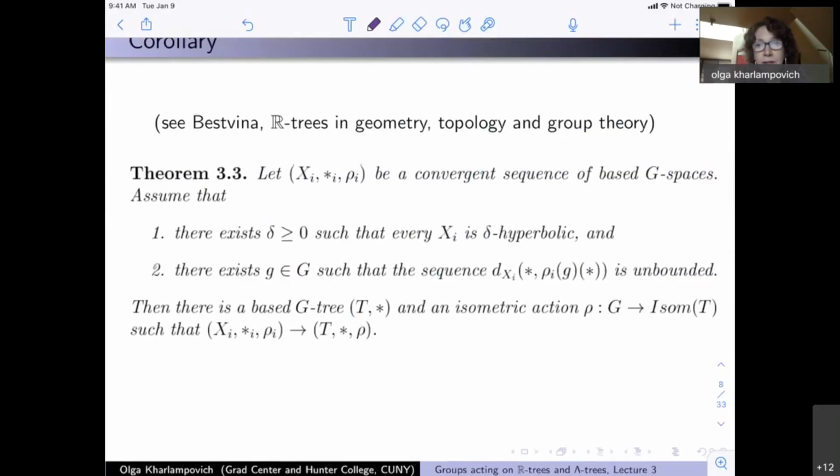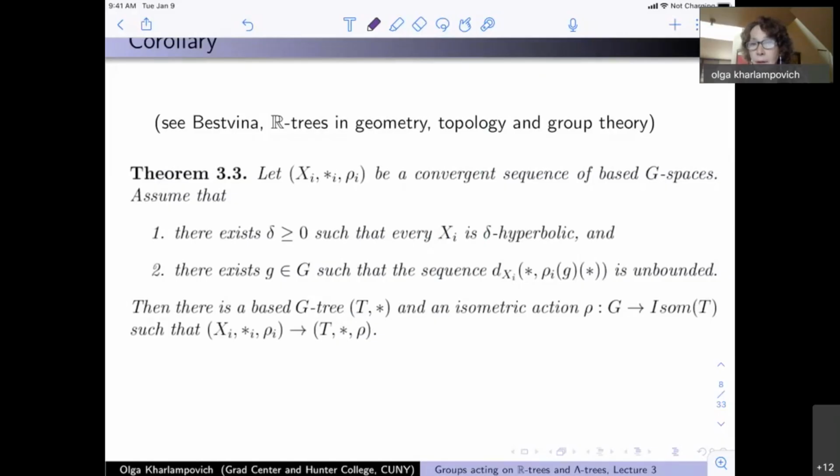So suppose we have a convergent sequence of based G-spaces, the spaces X_i. Then there exists delta such that every X_i is delta hyperbolic, and there exists an element g in the group such that the sequence,